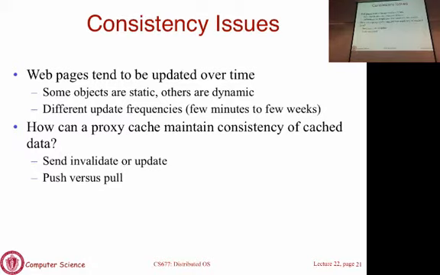We'll also see that regardless of whether you do push or pull, what you essentially have to do when the page changes is send one of two types of notification: an invalidate notification or an update notification. With invalidate, you simply tell the cache, or the cache finds out, that the page has changed. So you just throw it out, and the next time somebody accesses it, you bring it back. In an update, not only are you told the page has changed, the new copy of the page is sent to you. So that serves as a notification that the page has changed, and you also have the new content that comes with it.